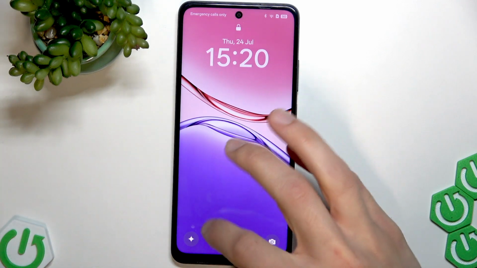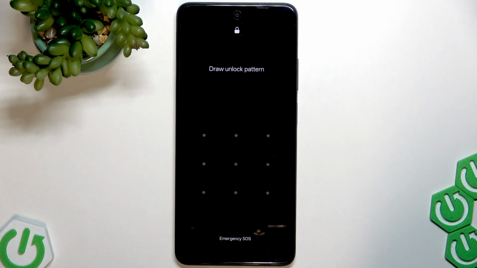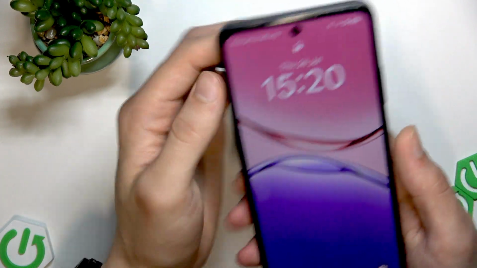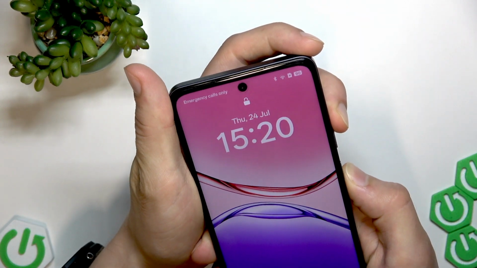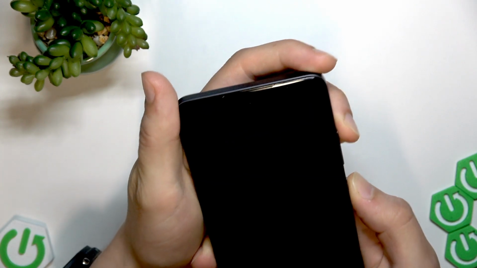In such case, make sure that you are trying to enter the screen lock pattern that you tried entering the last time when you successfully entered your system, and to make sure of it, try switching off your device by holding the power button and the volume up key at the same time,